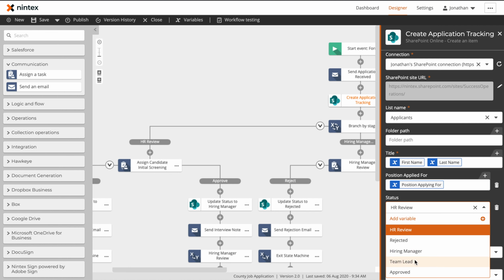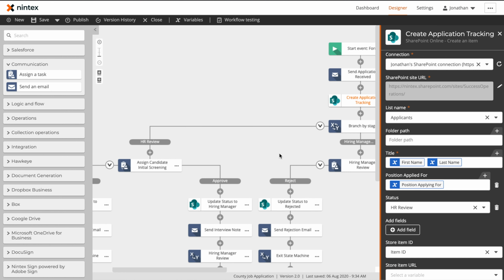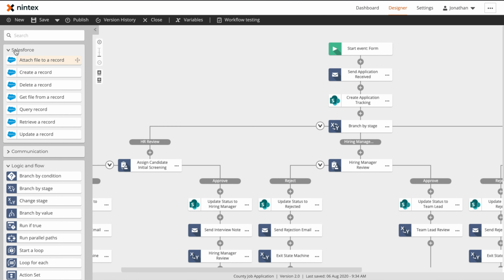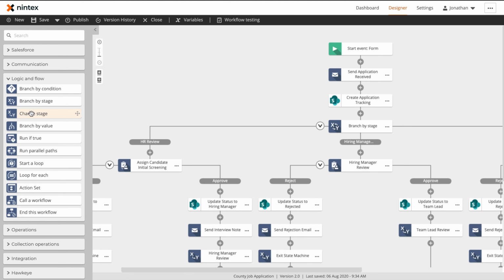And you'll note that our status is pulling back all the choice values dynamically from our SharePoint list: HR review, rejected, hiring manager, team lead, and approved. These will be the stages that one of our applications can go through. And as was talked about briefly earlier, the way that we're managing this approval process is leveraging a state machine,